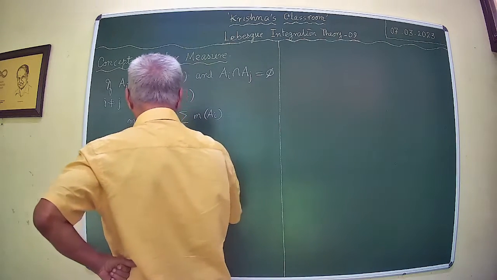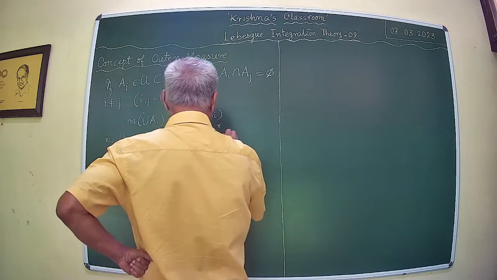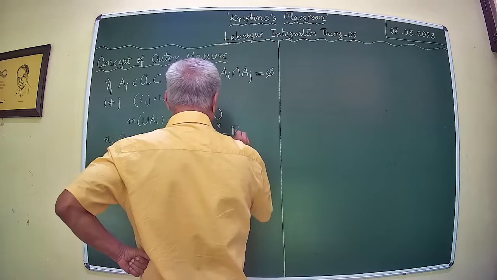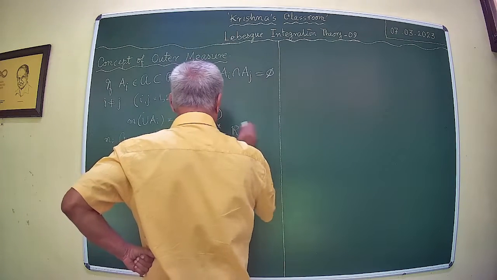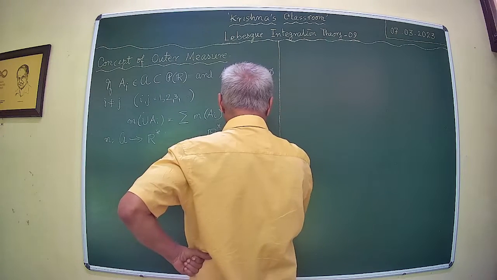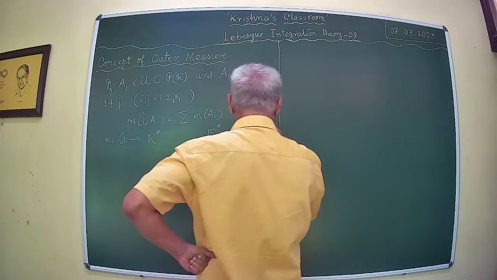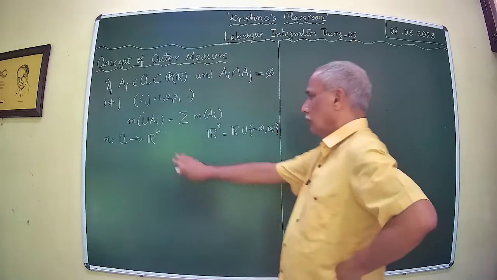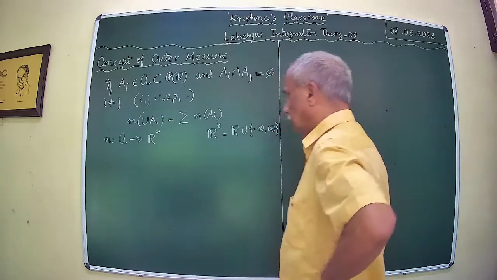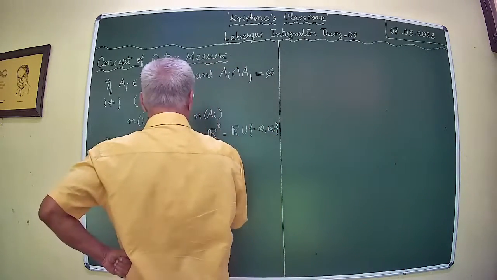R star is R union the points at infinity. And of course we have m of A_i is